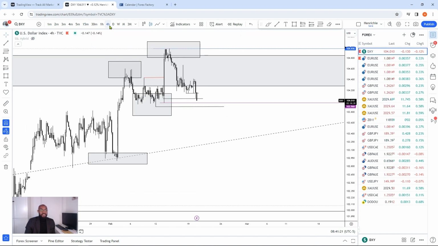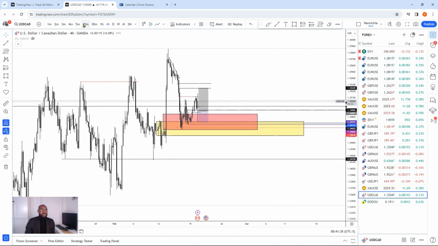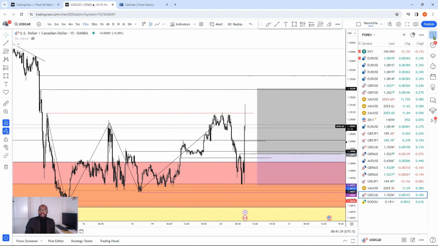So the dollar is still going to the downside, and we're still watching it closely to see whether we're going to run through this low or whether price just wants to run the intrastructural low liquidity resting right there. So we look at USD CAD as well. So for USD CAD,